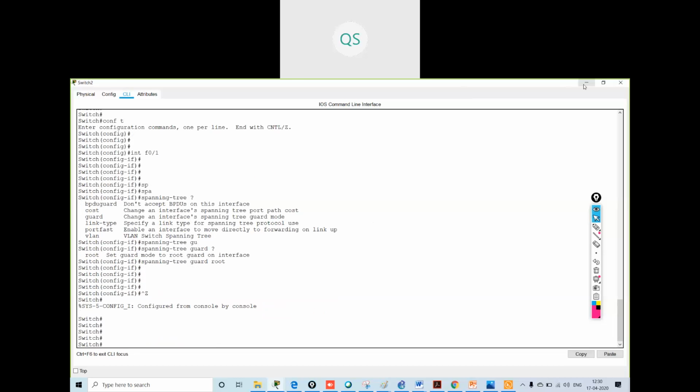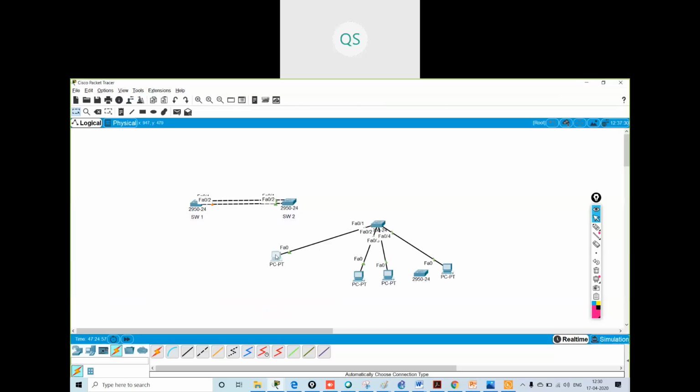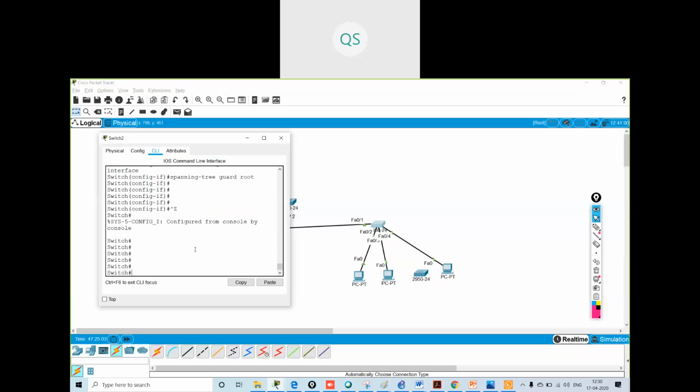Now what I will do is try it on another fast Ethernet port. How many ports have I made for port fast?